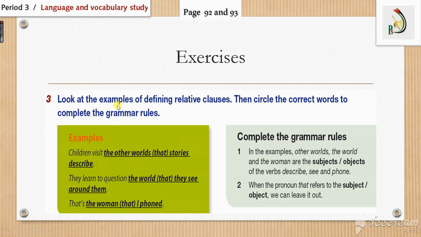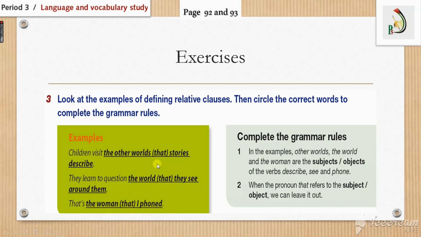Now, look at the examples of defining relative clauses, then circle the correct words to complete the grammar rules. Children visit the other worlds that stories describe. Now look at that. In the examples, other worlds, the world. They learn to question the world that they see around them. That is the woman that I found. So if you focus on these 3,